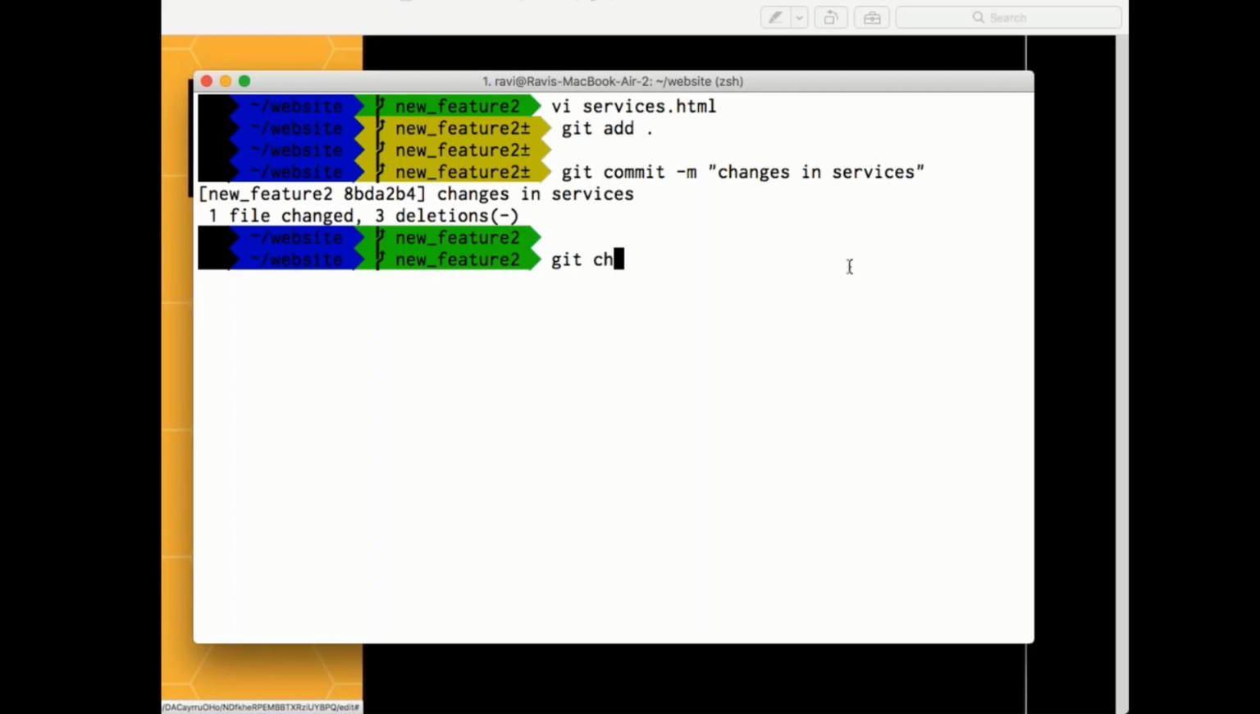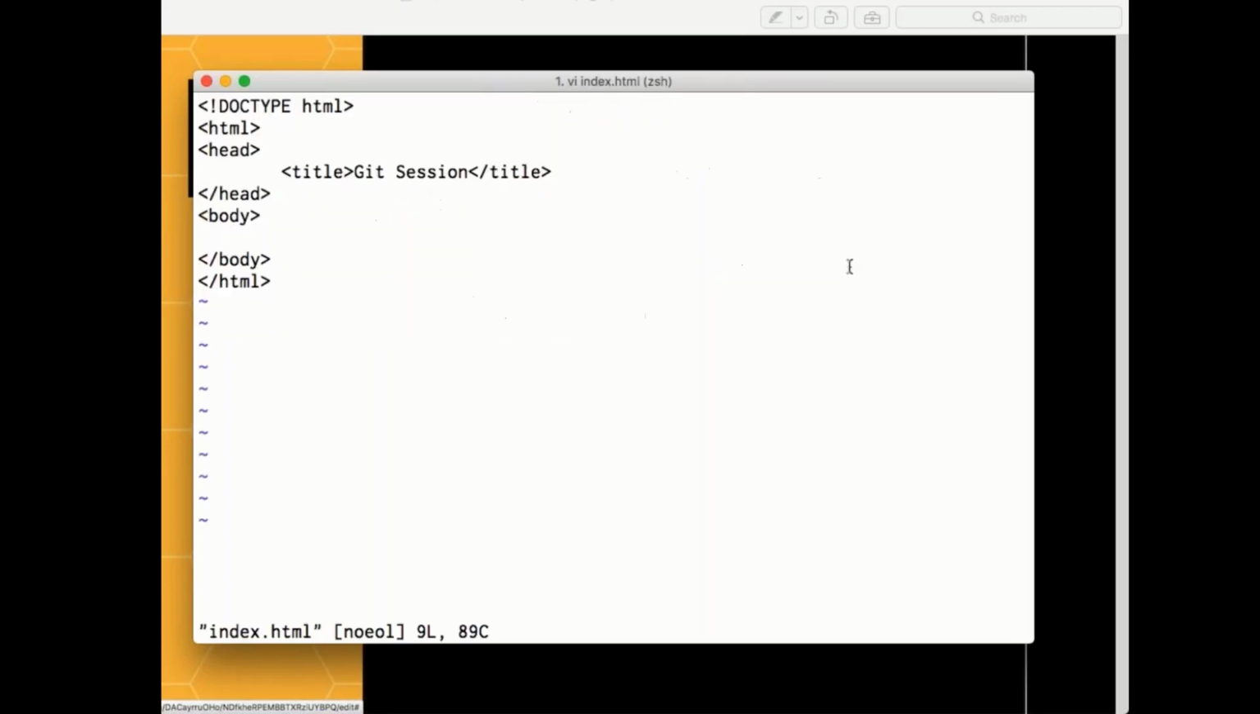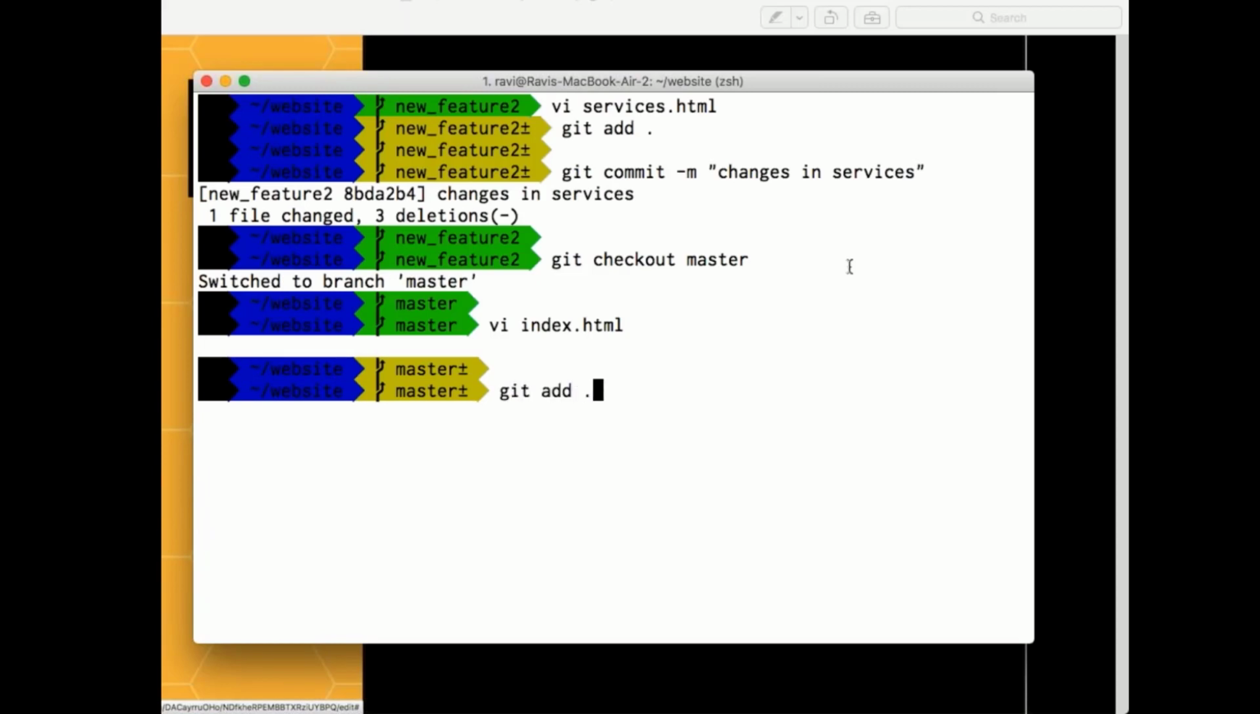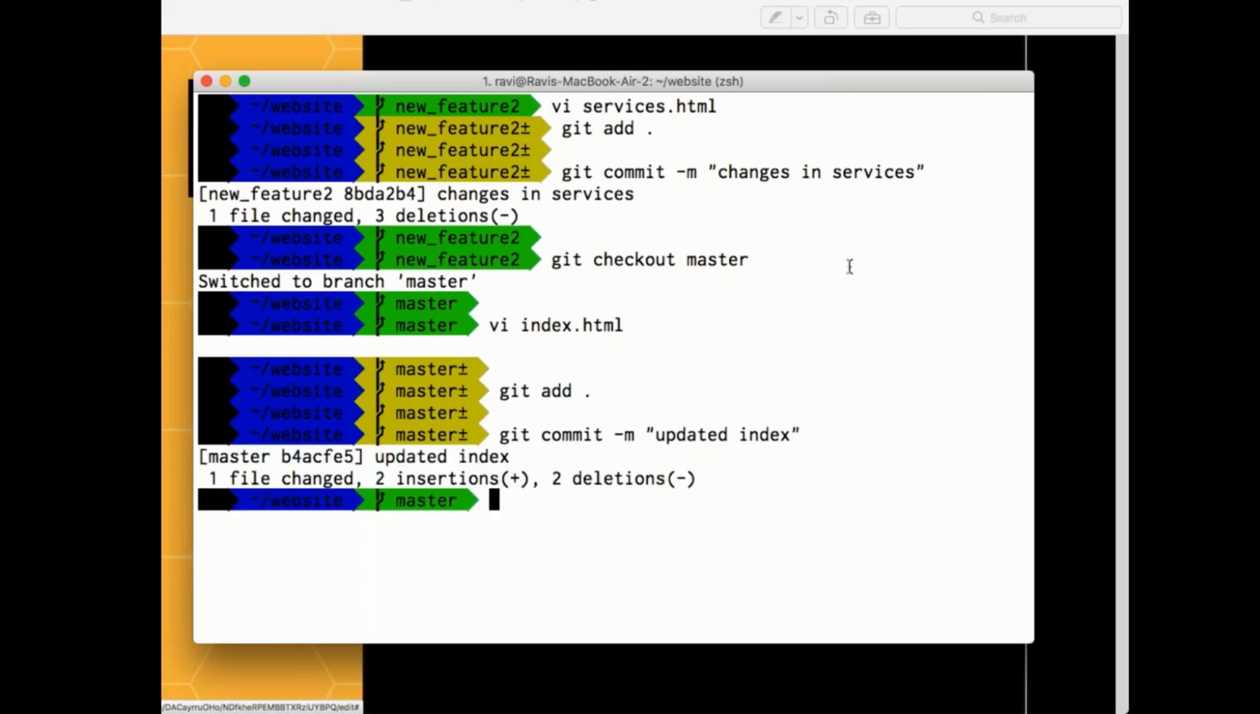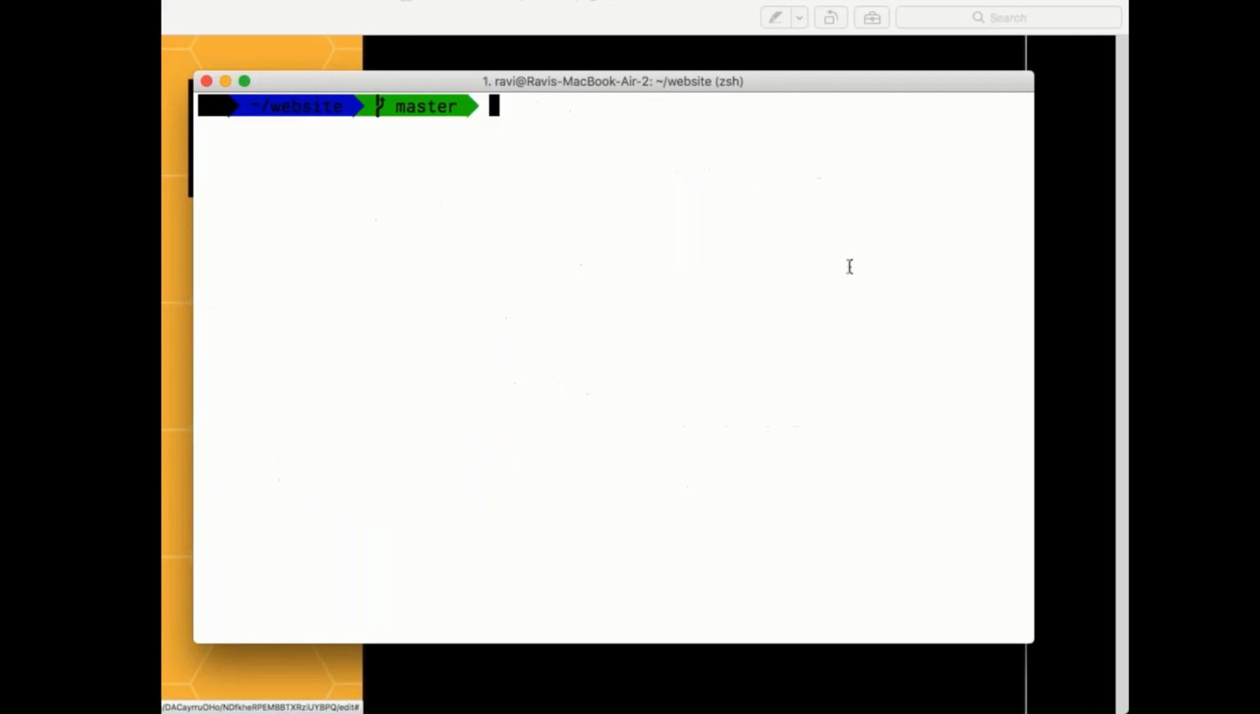Now what I'll do is git checkout master. Right? I'll say vi index.html. Is my master at the same position right now? No, right? My master moved ahead. Now if I do,